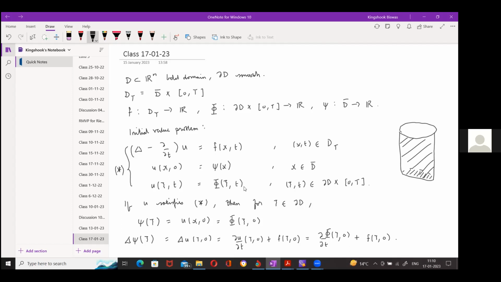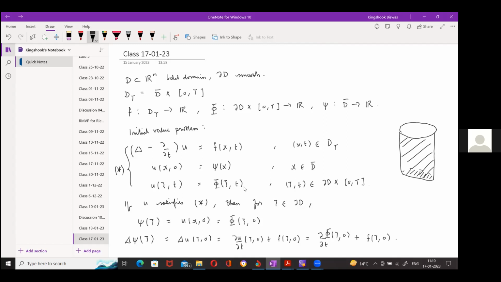So u1 minus u2 will satisfy the heat equation, del u/del t equal to Laplacian, and the boundary conditions will become 0. So you'll get a solution to the heat equation which is 0 on the parabolic boundary,